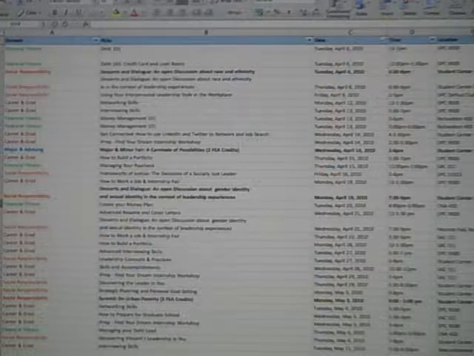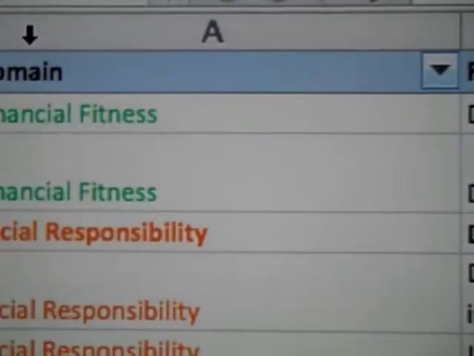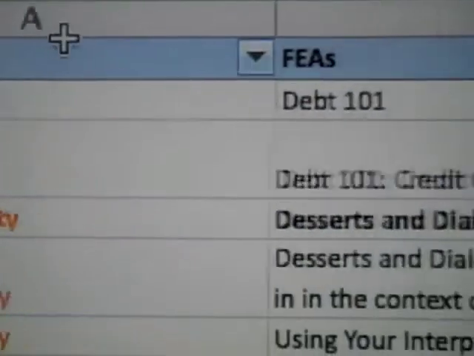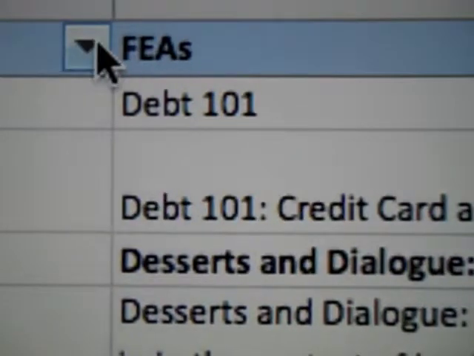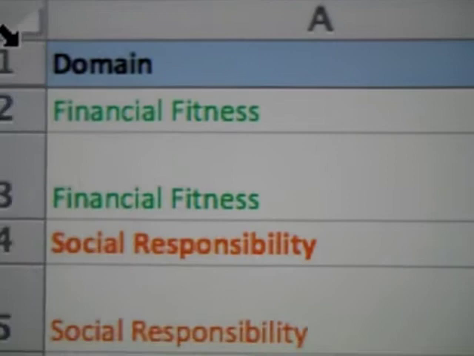But we understand that it's fairly stressful, so we put everything in one place to help you get access to this and to actually help you get organized while you're pursuing your certificate. One of the ways that we've done this is we've added a sorting feature for each column. So when you look at a specific section, you're going to see a little arrow here. See that right there? And so you can actually sort by domain,